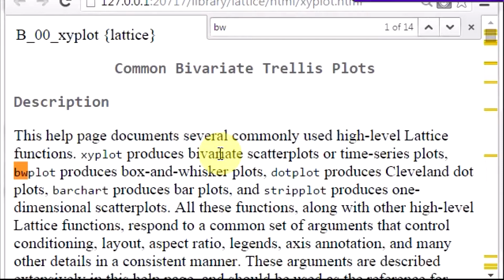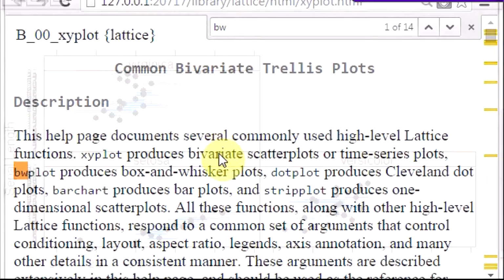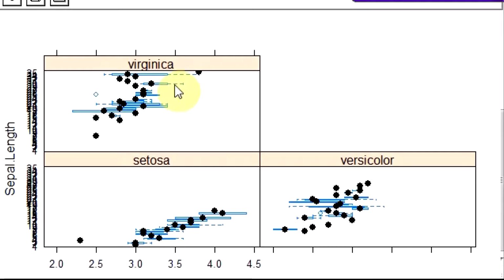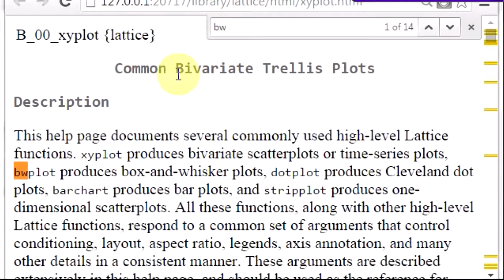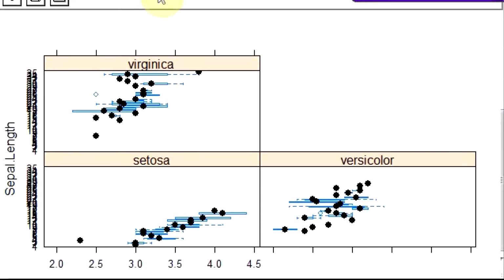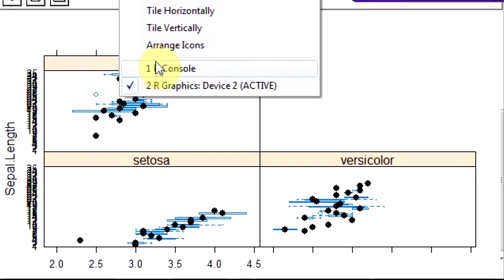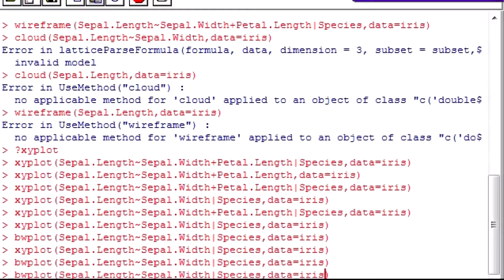Dot plot will give dot plots, bar chart produces bar plots, strip plot produces one dimensional scatter plots. So okay, let's do this. You see box and whiskers. This is a box plot with whiskers, on the same formula.